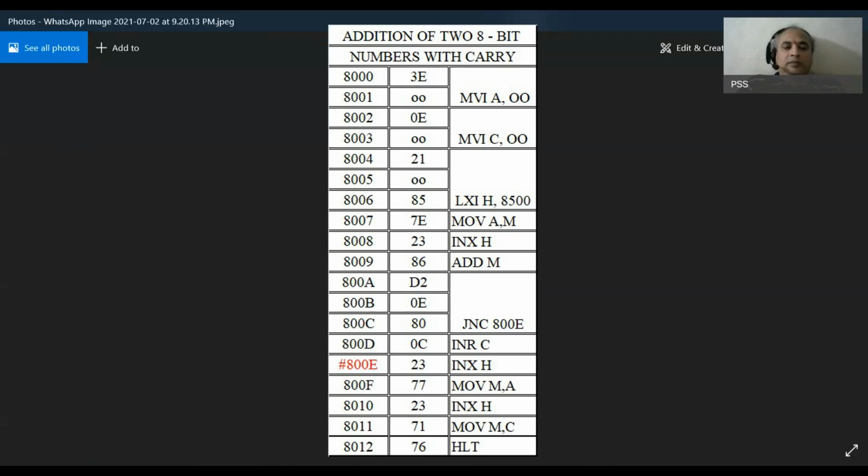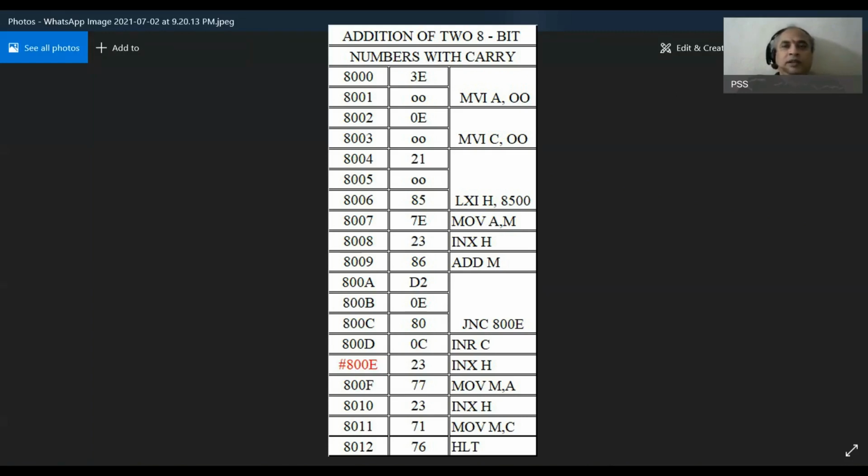Hope that it is clear. I want to reiterate it once again. Students, don't be confused. The first number is present at 8500 and the second number is present at 8501. We are adding these two numbers.